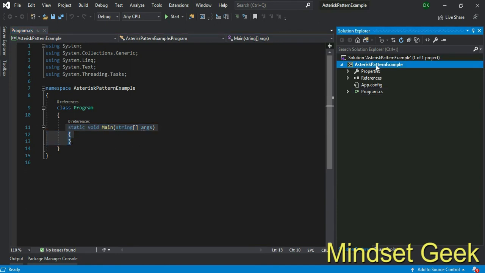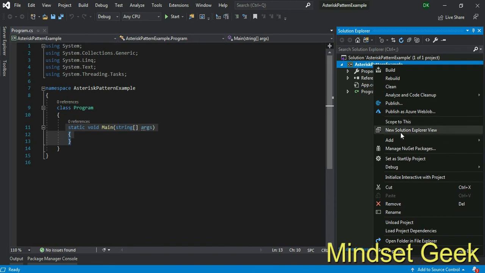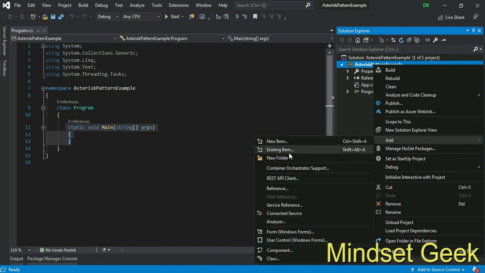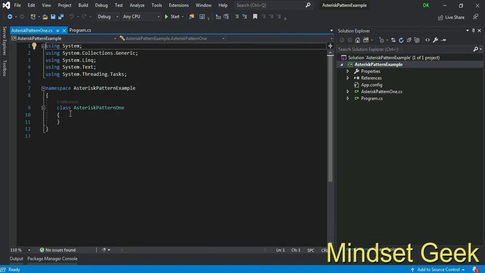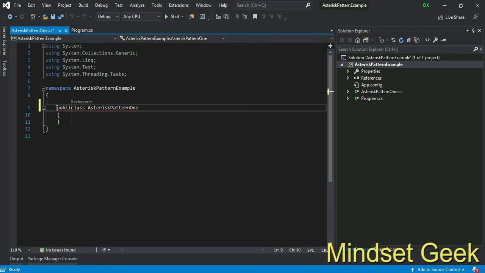Now I should add a new class, AsteriskPattern1, right? I make a class, and if you want you can change this to public.